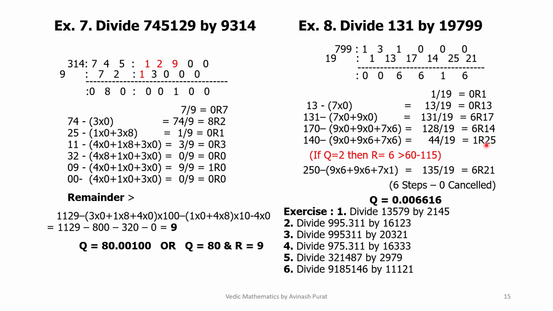If Q is 2, then the remainder is 6 and that will give you a minus result. So 250 minus 9 into 6 plus 9 into 6 plus 7 into 1 equal to 135, divided by 19 equal to 6 is the quotient and 21 is the remainder. So this is completed in 6 steps. The quotient is